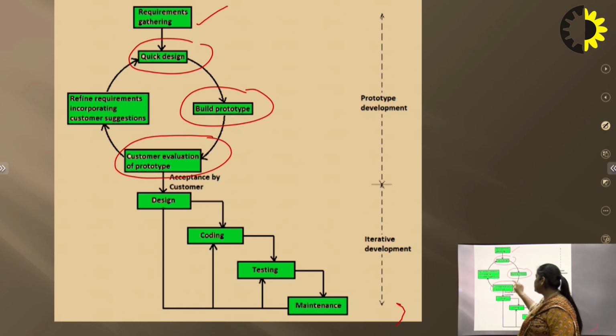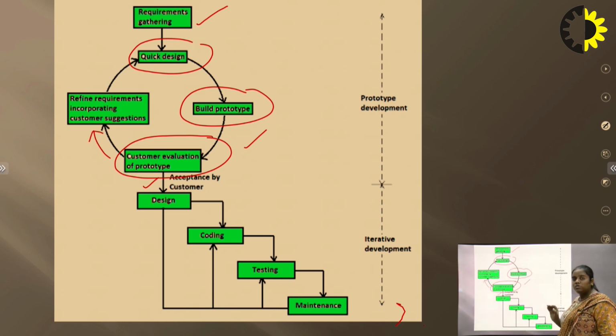After that they showcase that prototype in front of their customer for evaluation. If the customer approves that prototype, they lead towards the designing phase, or if the customer suggests some kind of improvement or rectification in that prototype, the development team changes their design or requirement collection as per the suggestion of the client,